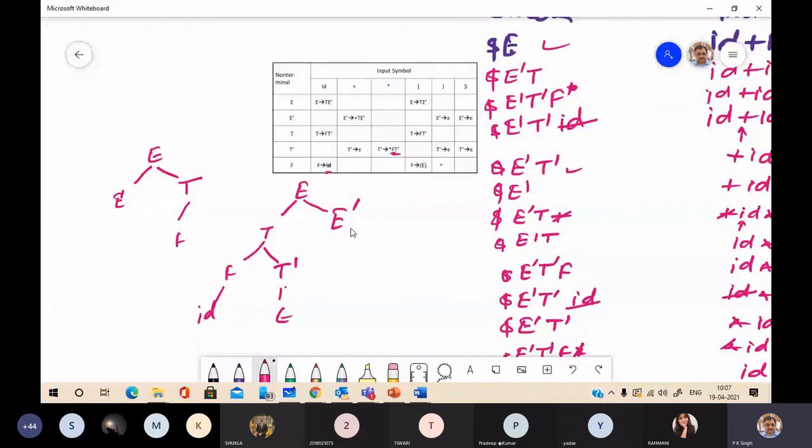Next E dash to plus T E dash, plus T E dash.